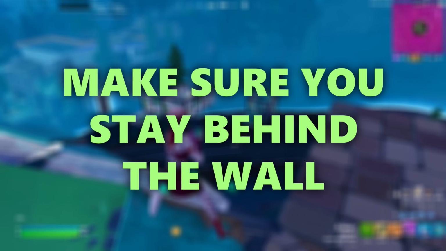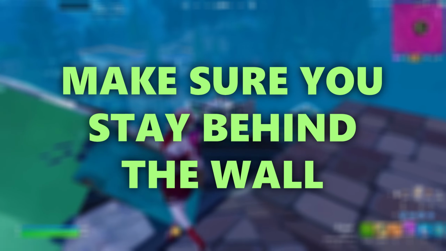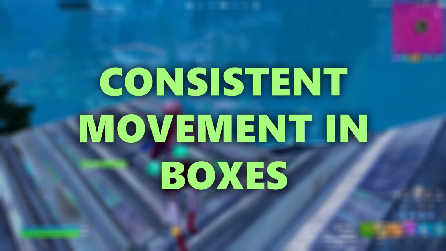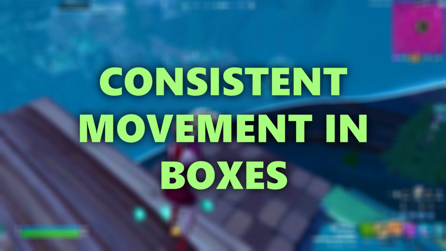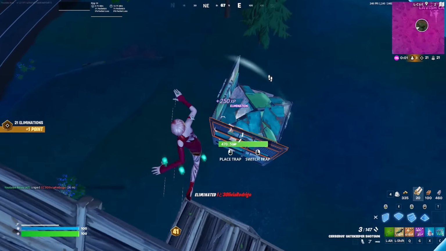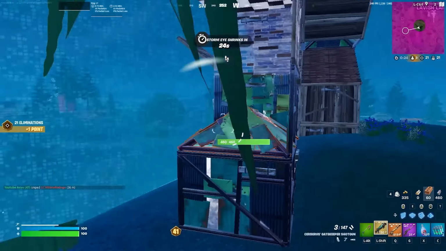Just make sure that as long as you're using it, you're going to be moving to the left side of your wall so that you're not able to be hit, and that the opponent cannot hit you, but you can hit them. This also coincides with the idea of consistent movement in these boxes. If you guys are consistently moving, it's going to improve your chances of winning these fights by a mile, because generally it's going to be harder for your opponent to hit you, and that will obviously increase your chances of